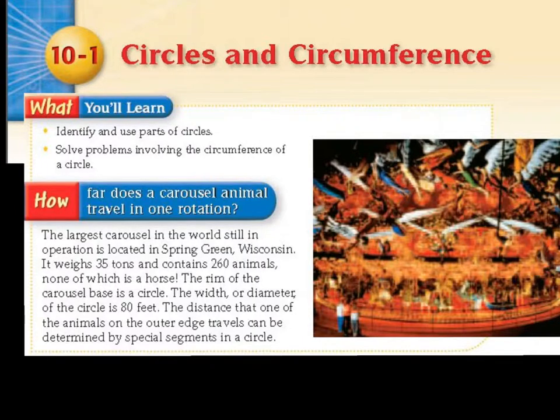How far does a carousel animal travel in one rotation? The largest carousel in the world, still in operation, is located in Spring Green, Wisconsin. It weighs 35 tons and contains 260 animals, none of which is a horse. The rim of the carousel base is a circle. The width or diameter of the circle is 80 feet. The distance that one of the animals on the outer edge travels can be determined by special segments in a